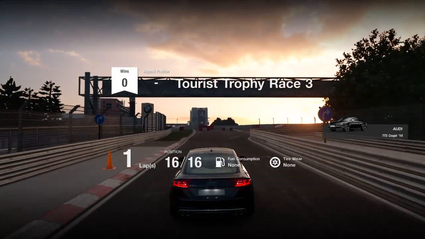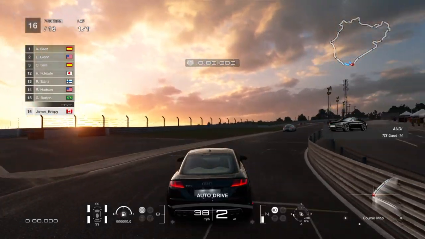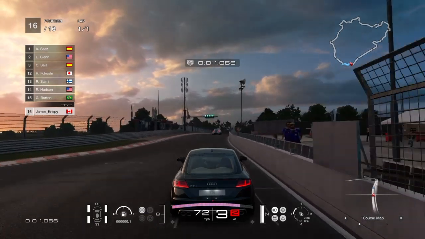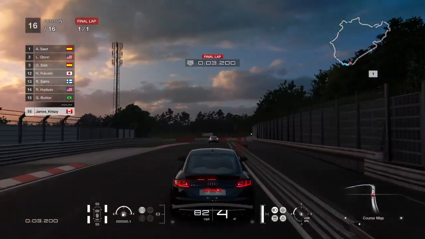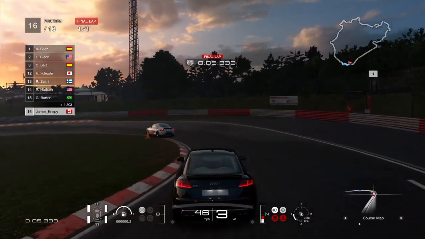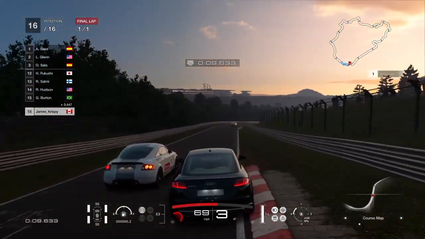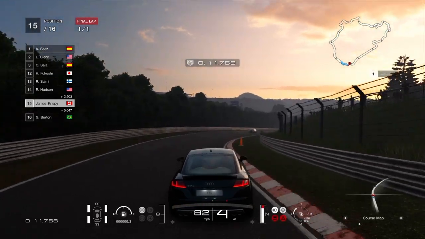So here we go at the start of the race, and we're coming up to the first corner onto the start-finish straight, and away we go. In this race, everybody is racing in the exact same car, the TTS, so it's all down to driver's skills. Coming into the first corner, we close up to the back of the first car,